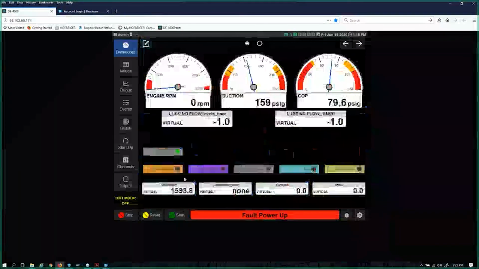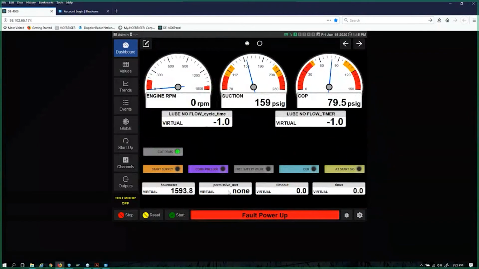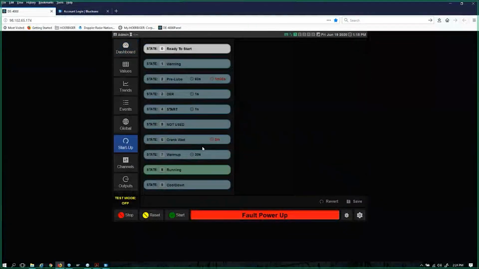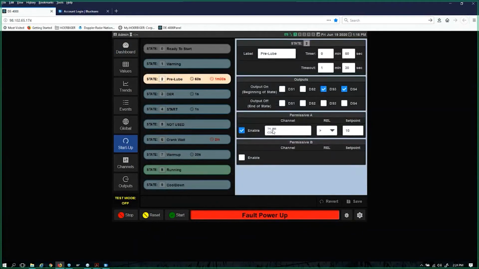So I'll explain what these are real quick. Well, hour meter, I think that's an obvious one. So permissive met, timeout, timer. So the values that can show in this, yes or no. So this is a direct correlation with what we did under the startup. So where we put a permissive, such as Preloop, we have a permissive. So this permissive